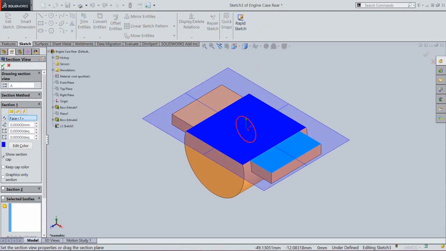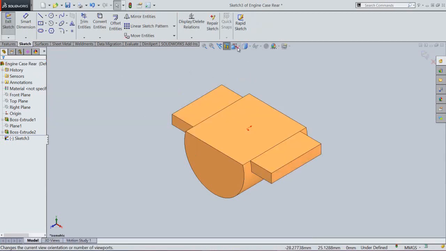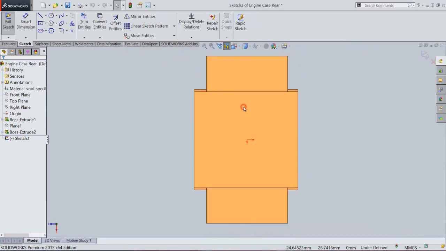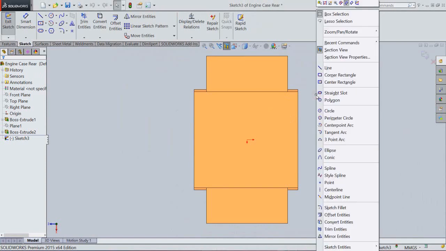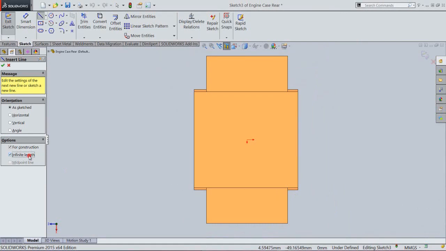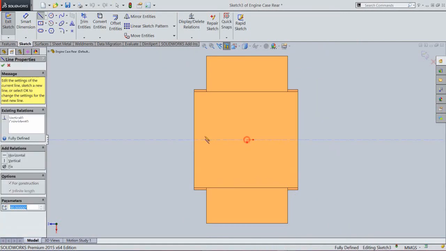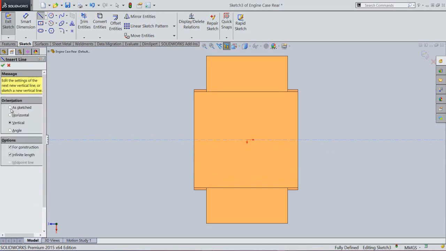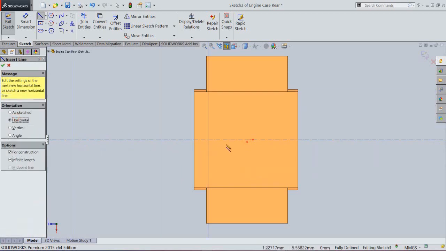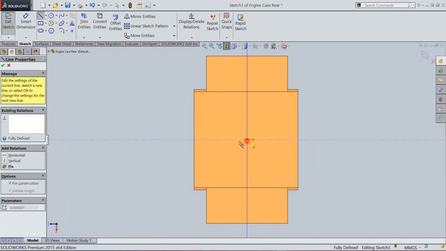OK, now we will activate the section view by selecting this face. Create a vertical construction line like this and create another horizontal line. OK.